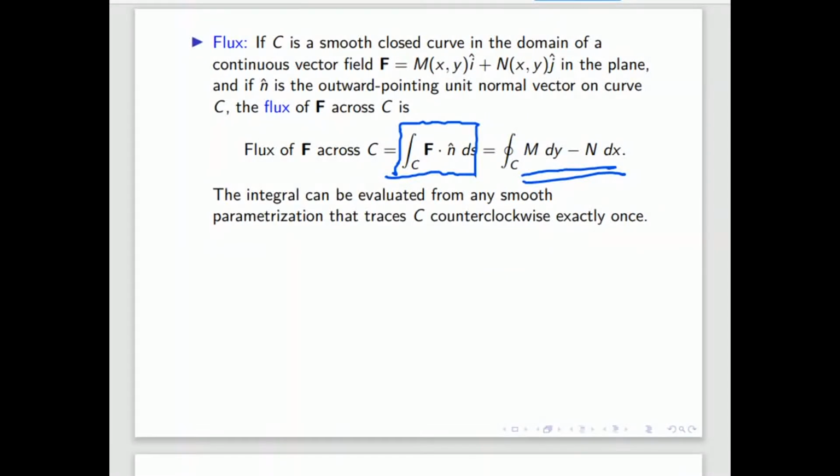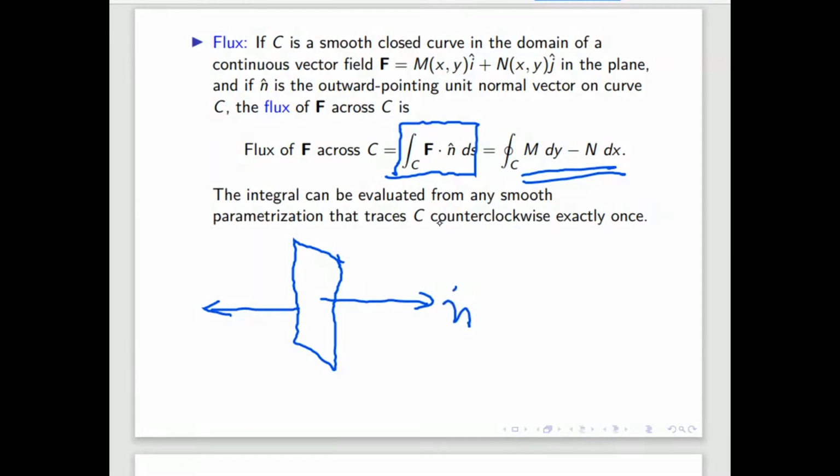So suppose this C is a closed curve. I'm just putting the picture of some closed curve. So suppose this is the curve, a closed curve. That means the starting and end points are the same. And n is the outward normal. So one is this direction, another is this direction, perpendicular to this.